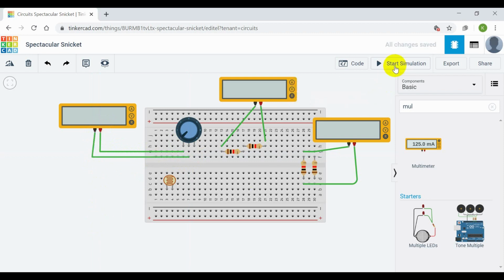Now we can go for simulation, start simulation. Now the wiper contact is in initial position. So if you move it, rotate it, you can see the change of resistance. Okay, the change of resistance.